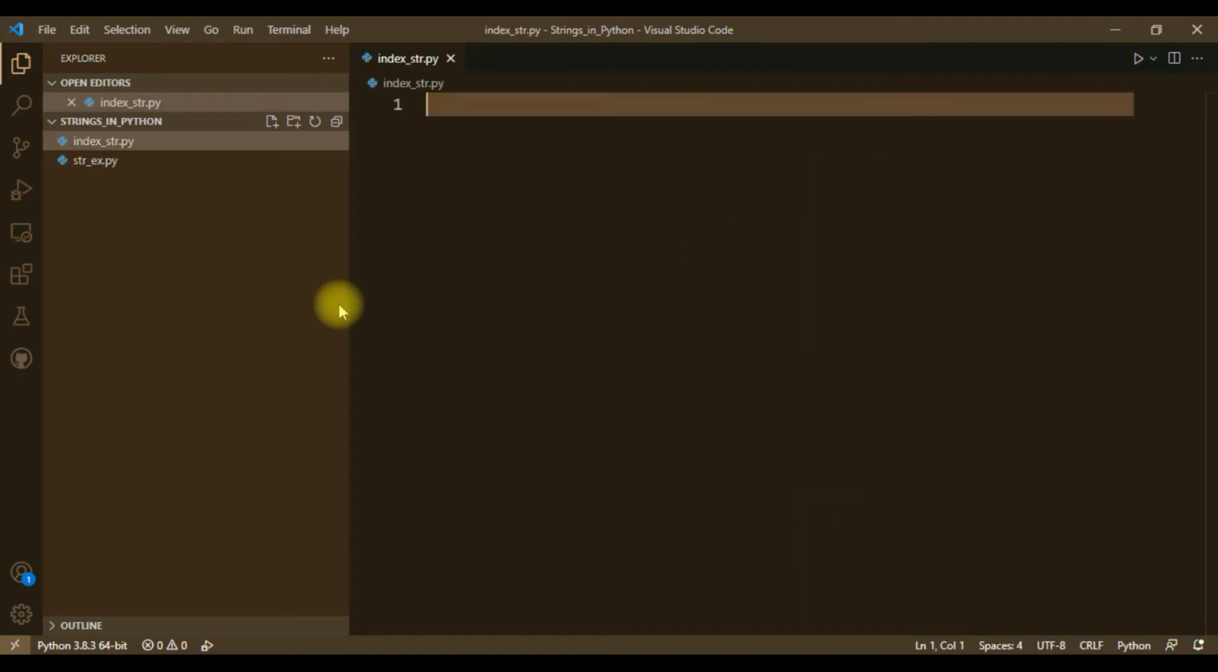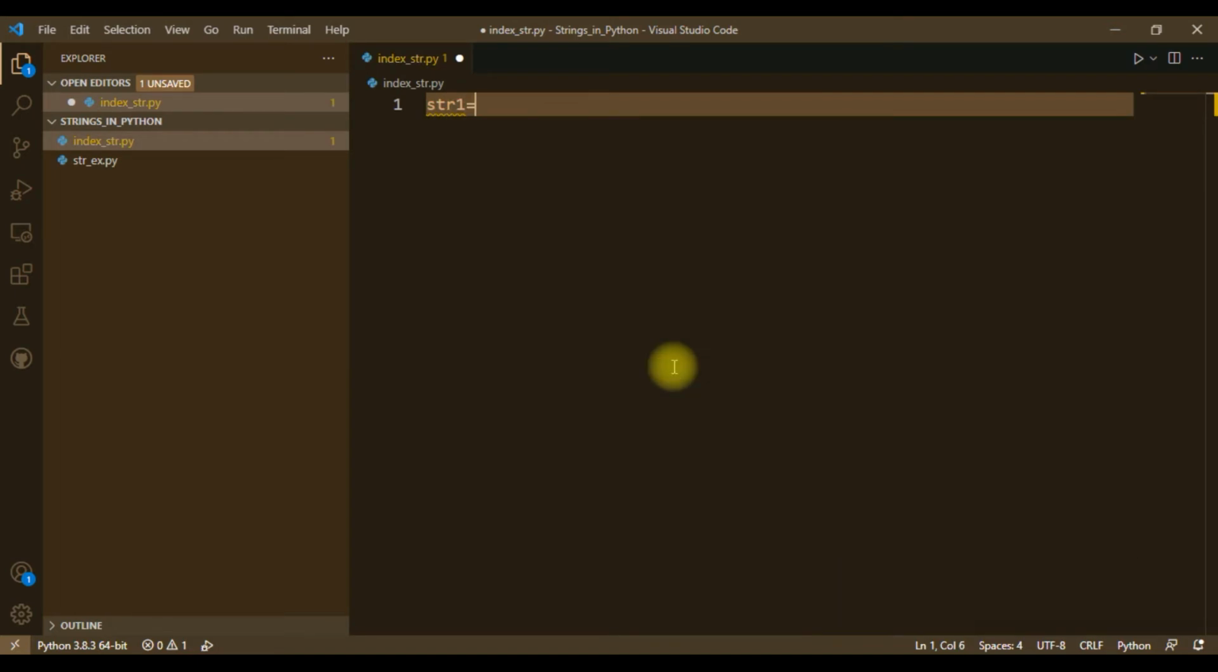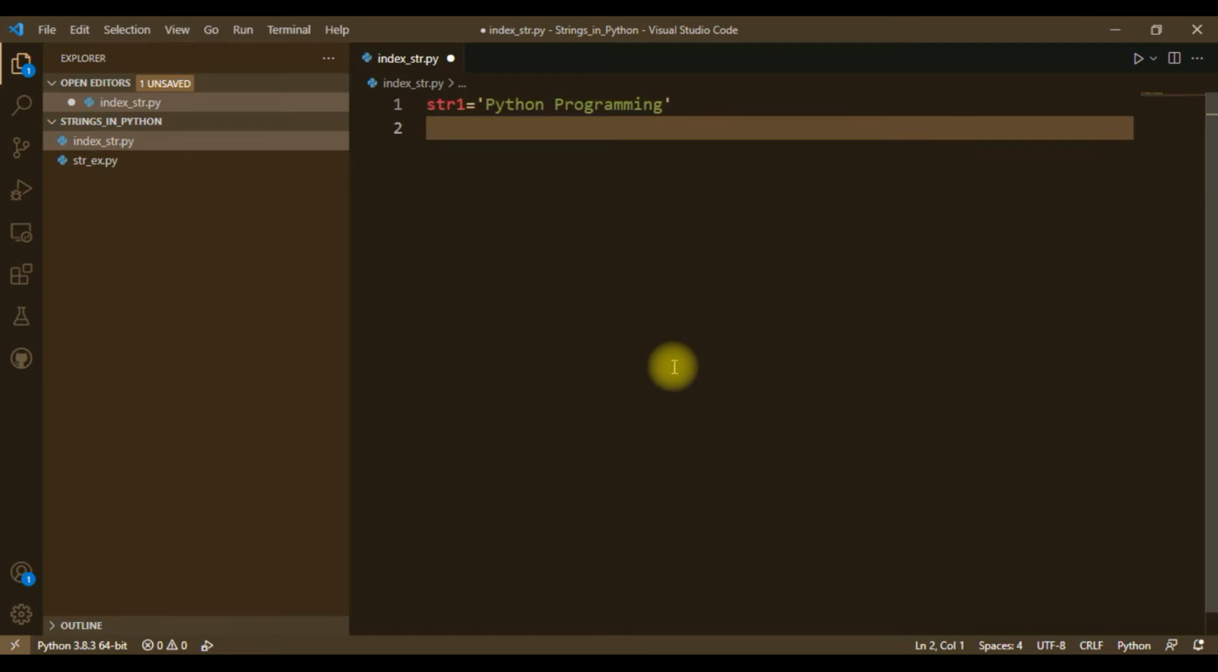index_str.py. Over here we are going to create a simple program, this same example, and we are going to find out the characters at certain positions. We'll do it manually. Let's take str1 as a variable, and within that I'm going to write Python programming. So if I want to print